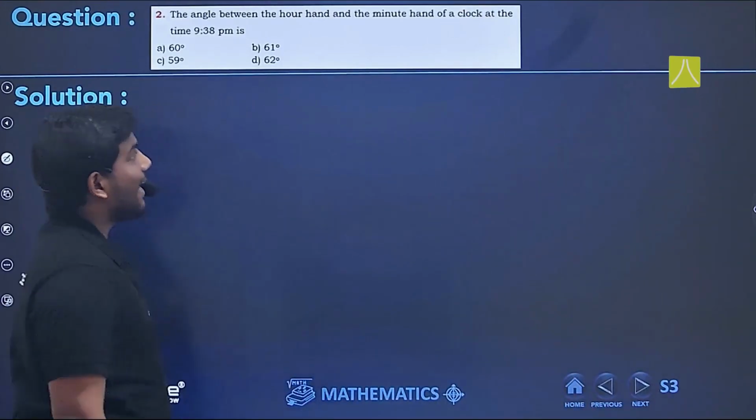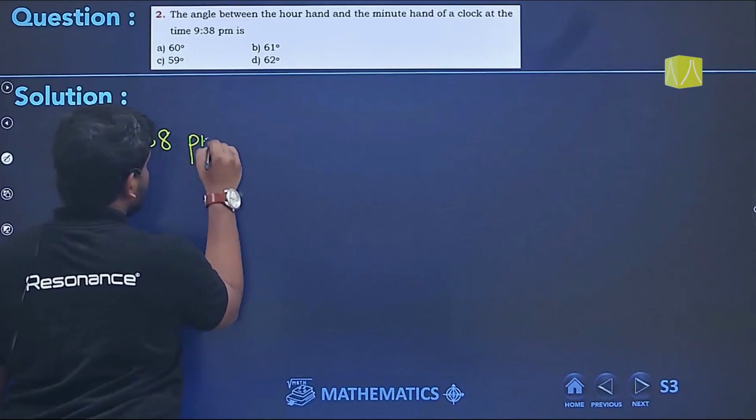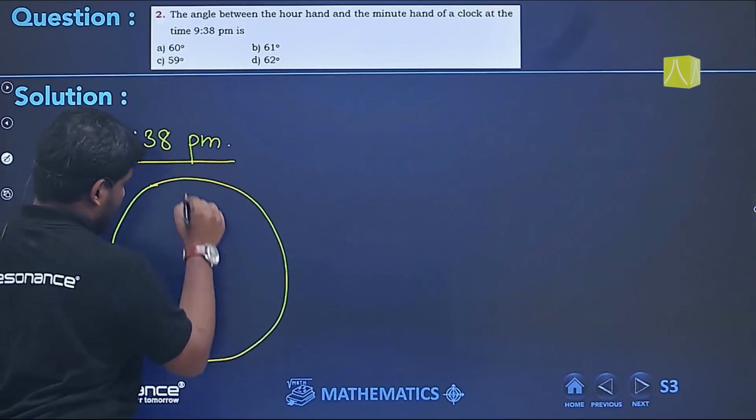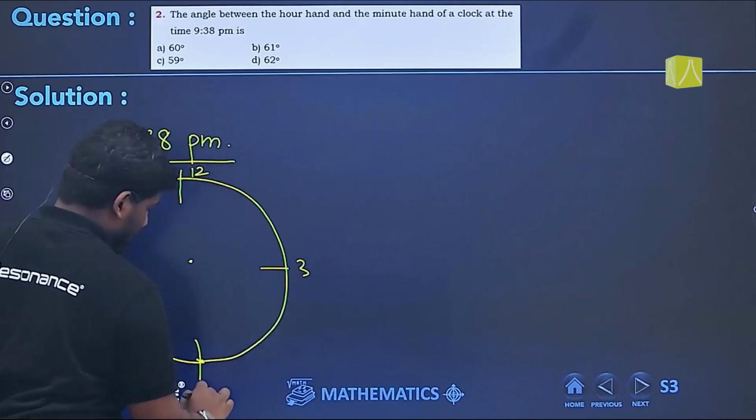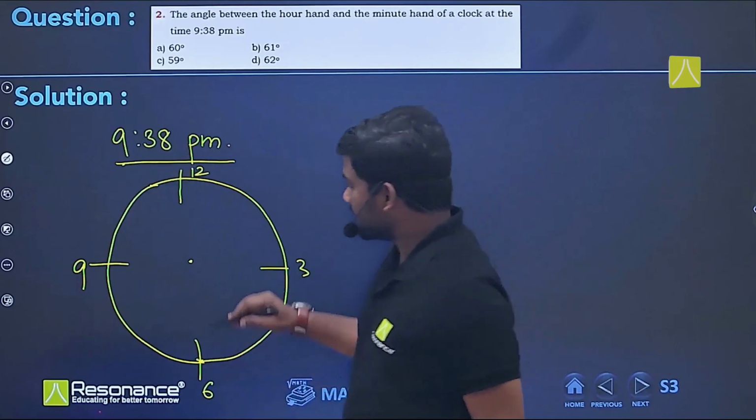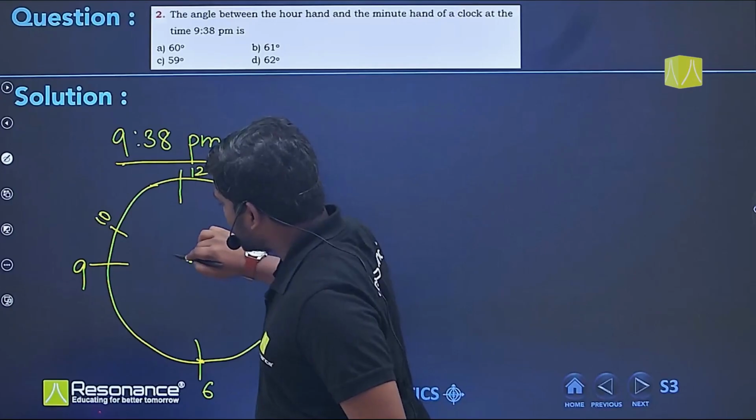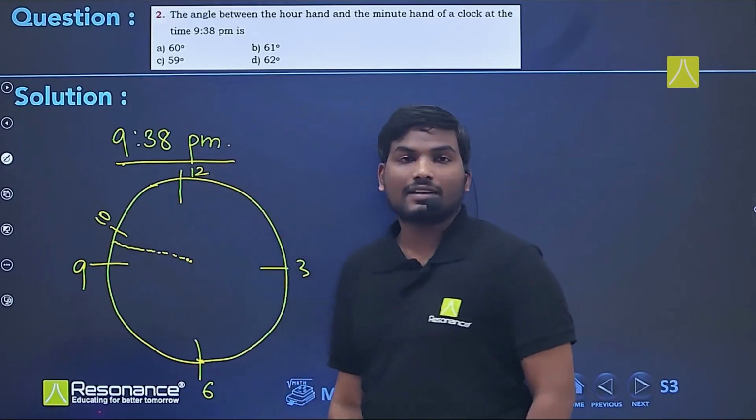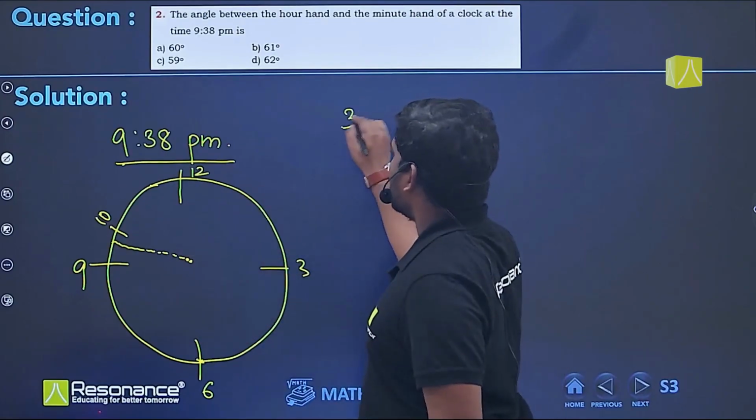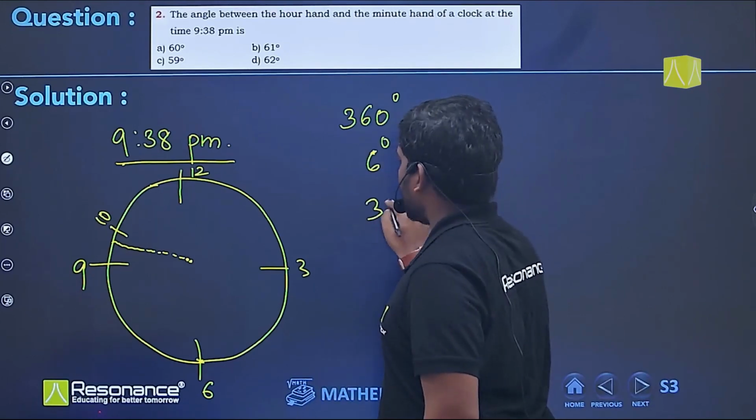The angle between the hour hand and the minute hand of a clock at the time 9:38 p.m. Now 9:38 p.m. signifies what? This is 12, 3, 6 and 9, right? So when it is 9:38 p.m., the hour hand, if you assume this to be 10, would be somewhere around here. Now we have 360 degrees for 60 minutes. Now for 1 minute we have 6 degrees. So for 38 minutes